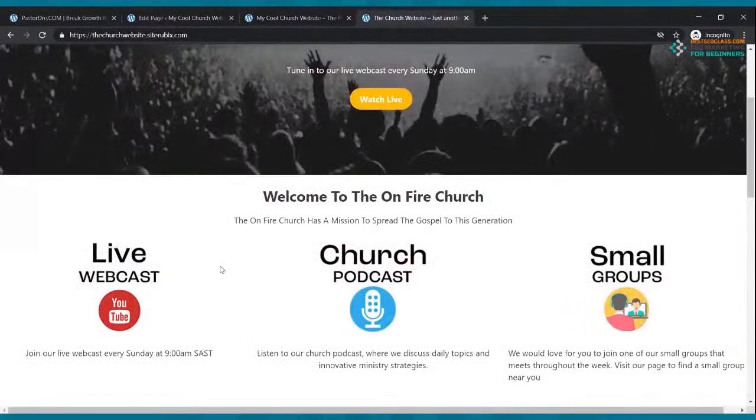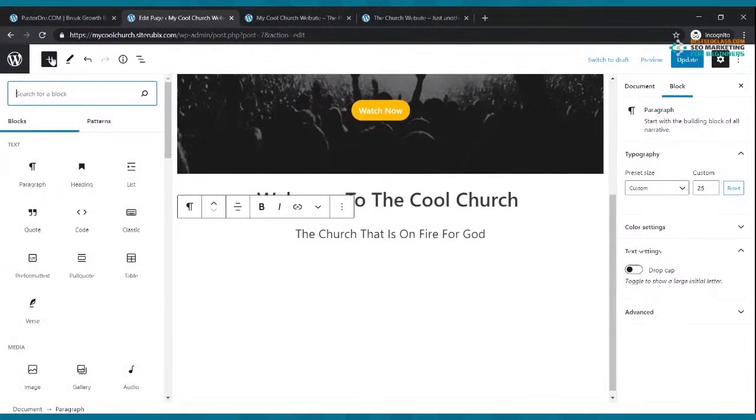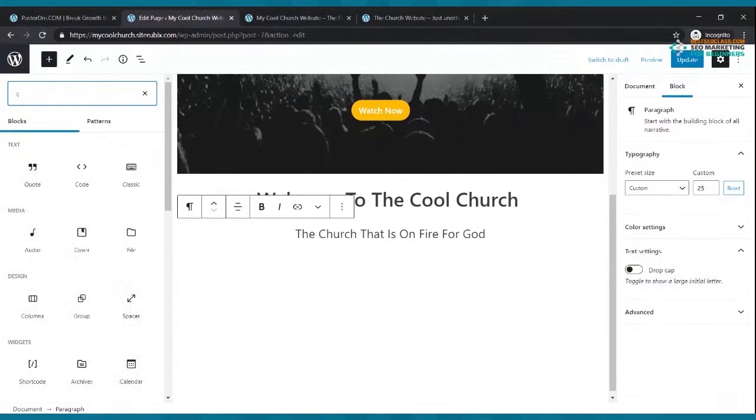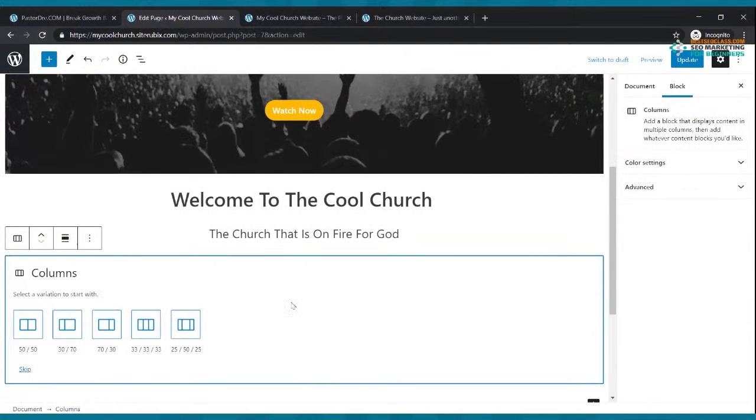Okay, so now what they have is 3 images. So how do you do that? What you want to do is you click after where it says God, or the last word in your sentence, or you could always go up here and click the blue plus. And then we're going to add columns. So go ahead and type in the word columns and then select columns and then it adds it. Okay, so you can either